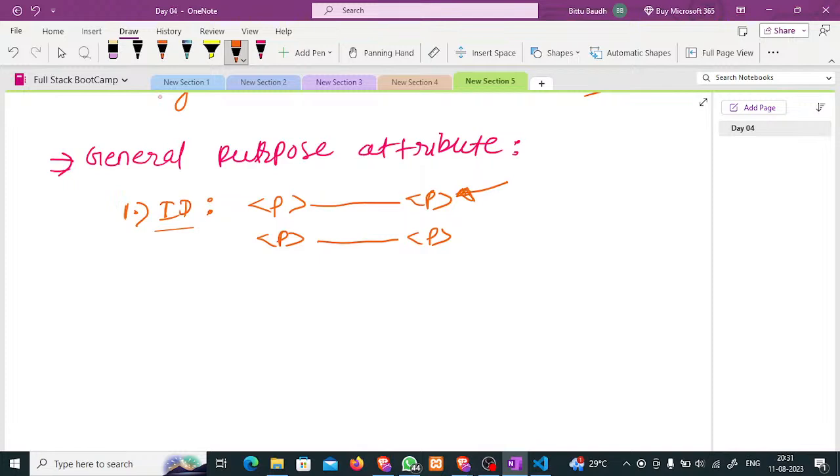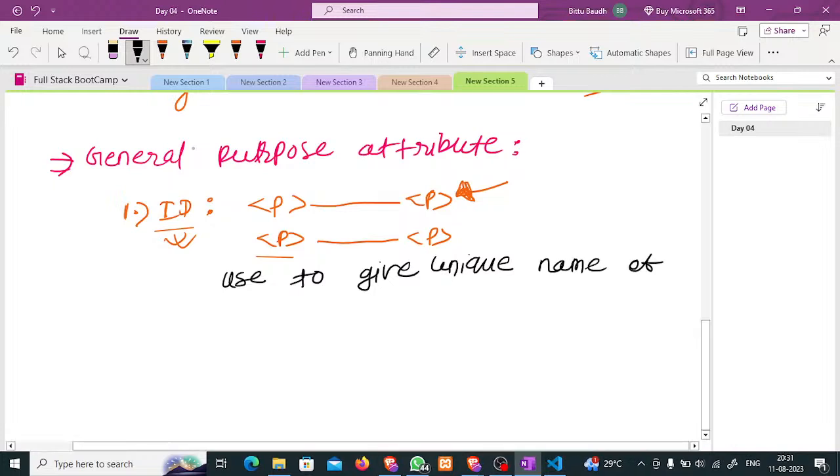get it? When you will be learning CSS and JavaScript, you would better understand this id attribute, but for now you can think of it like this: this attribute is used to give a unique name to elements. So this is the paragraph element, and if I have to give some unique name to it, I can assign it an id attribute. Let me write it down for you. Used to give a unique name of elements,